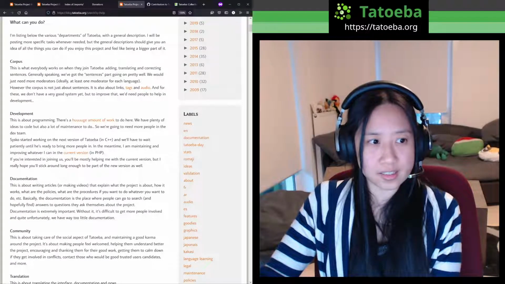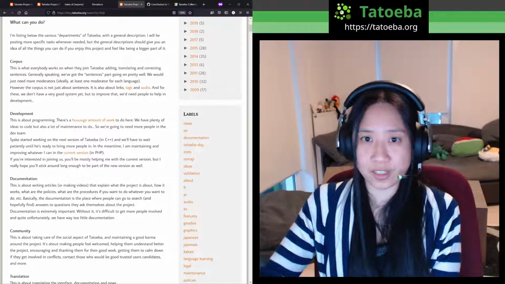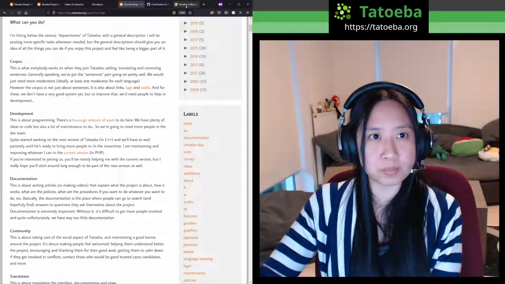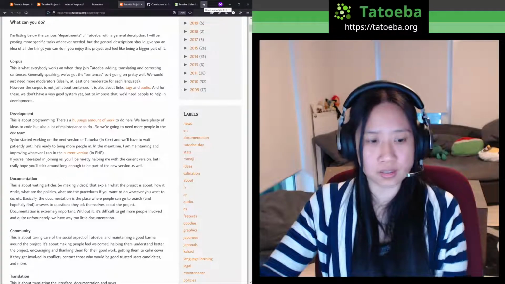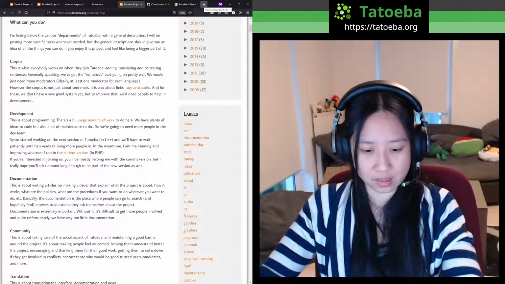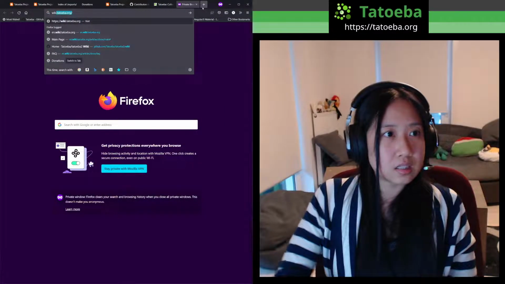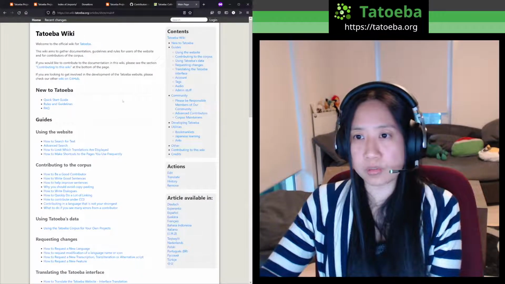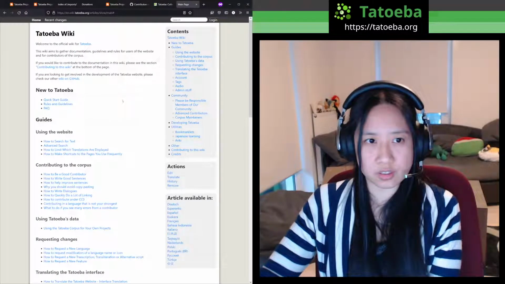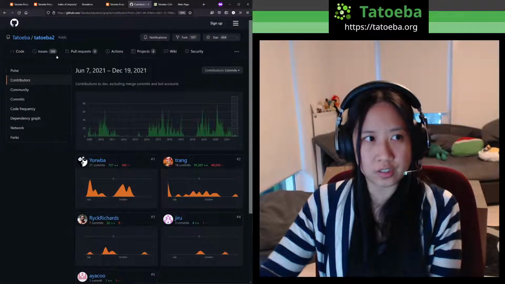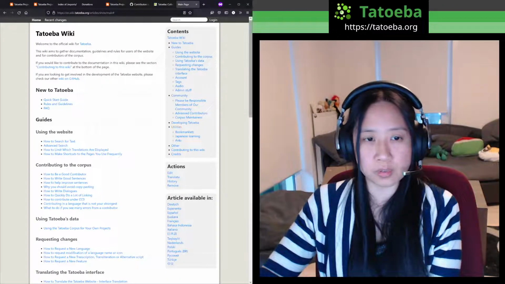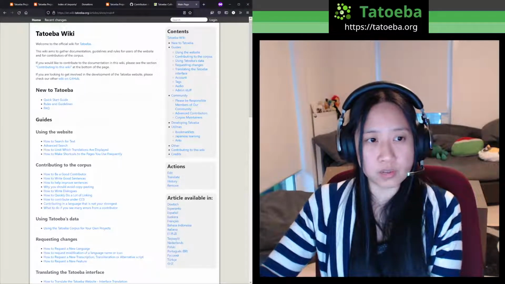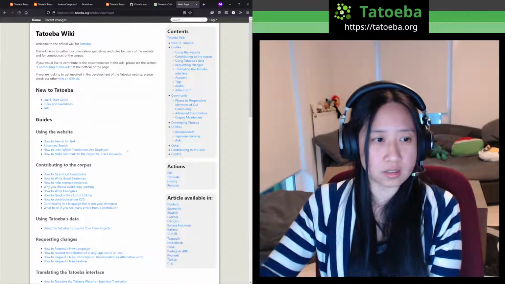Then the next area would be documentation. So yeah, documentation is also, for me, an important part. We actually have a wiki. So documentation is not just for technical things, but also documentation in general for the users. And we do have a wiki, which is